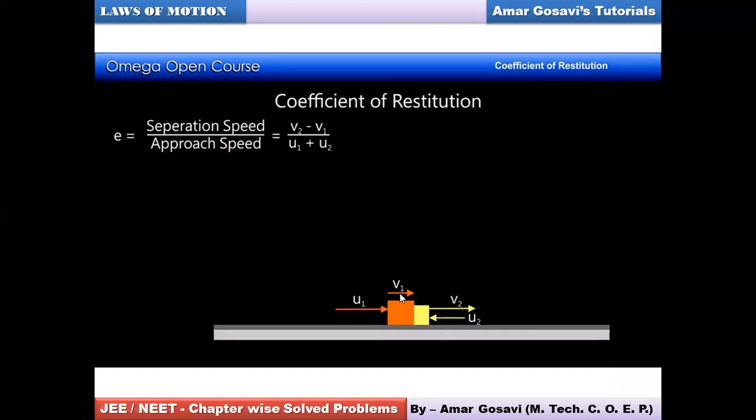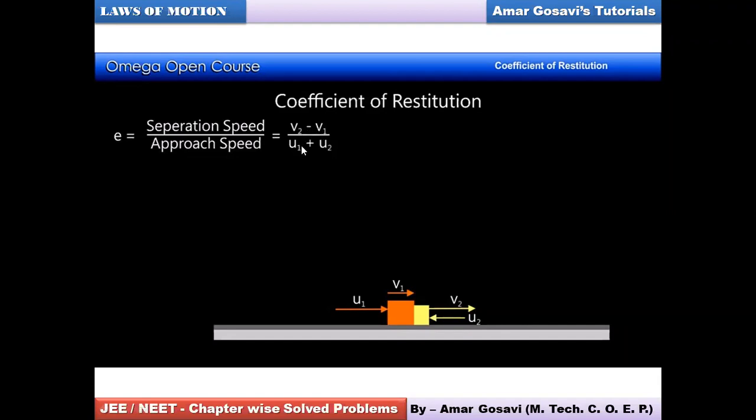Right. So under the given circumstances, we know how we represent coefficient of restitution. This is something which we have done. So how you place it in terms of sign, that is more important. Here you can see coefficient of restitution is separation speed divided by approach speed. The same concept. But then separation speed, why we are taking it as v2 minus v1? We are taking it as v2 minus v1 because v1 and v2 both are directed towards positive x-axis. You can check out the arrows. Therefore, it is v2 minus v1 in the numerator.